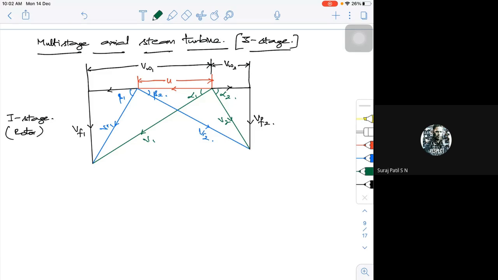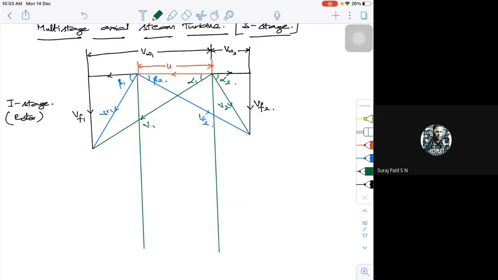Now if I try to draw the velocity triangle for this particular case, what will happen? I should be able to draw the same thing. I should be able to draw the velocity triangle. Look at this. This is it. Your blade velocity will be the same. This will be the blade velocity. It will be the same. It's a single thing. So now if I try to draw the velocity triangle for the second stage,